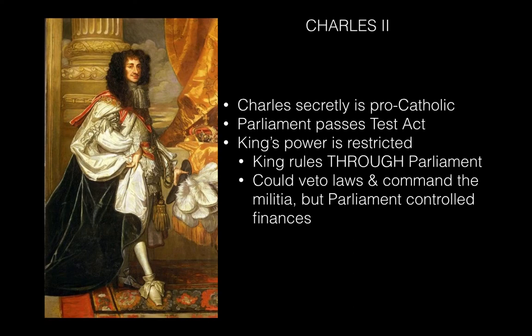But Charles basically is secretly Catholic, and he does convert to Catholicism on his deathbed, and this brought his brother James II to the throne. Now, people were unhappy that Charles was a Catholic. Well, James II is a Catholic too, and people feared he would follow Louis XIV's example,